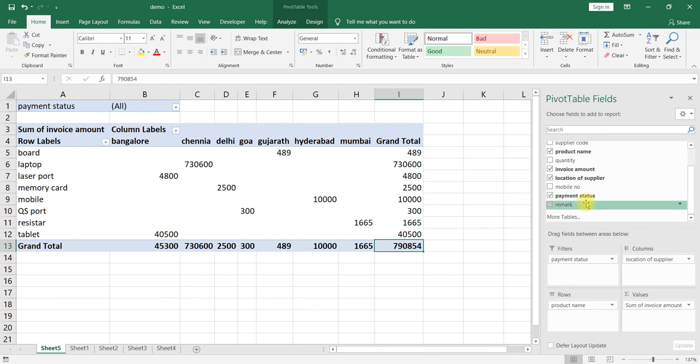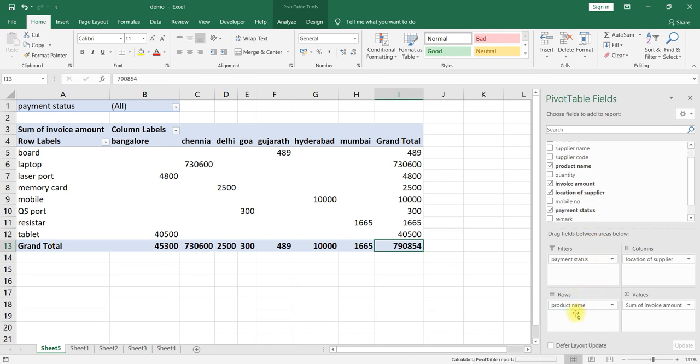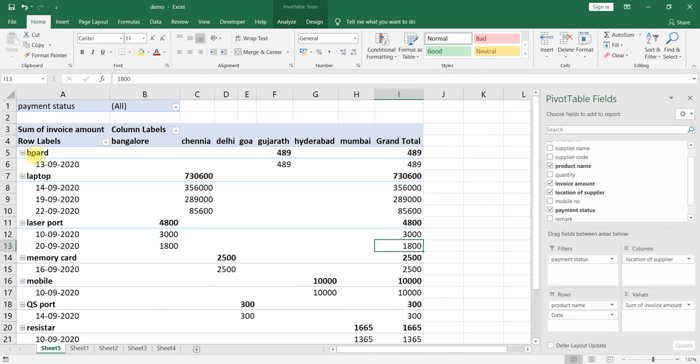Whichever you would like, we have to drag and drop, based on a requirement. For example, if you drag date into a row, now one more thing I am adding to the row. What will happen? Each product wise on those particular dates, date wise also it will give the breakup. Date wise and product wise it will be given.